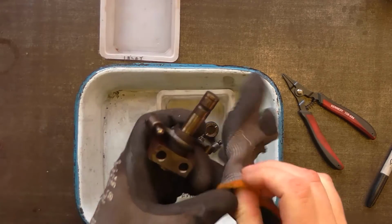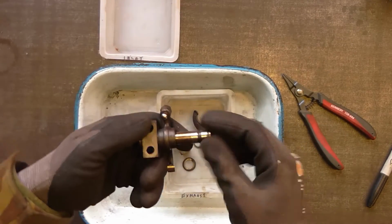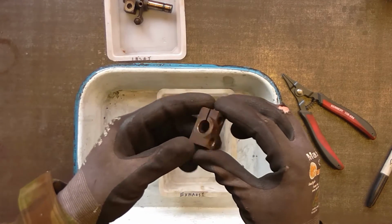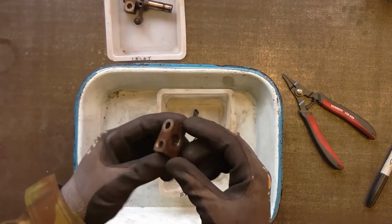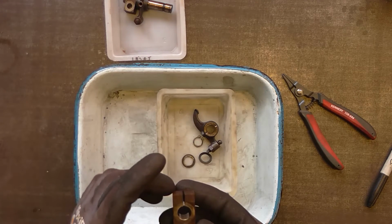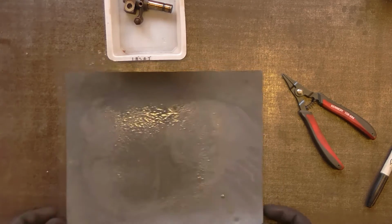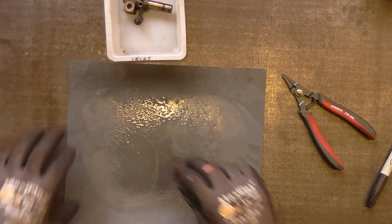But these are in good enough condition that I wouldn't want to do anything to them. So it'll just be a question of cleaning the surface rust off and putting it all back together. I've just got some 600 grit wet and dry. It is something that's already used. Put a little bit of duck oil on it,